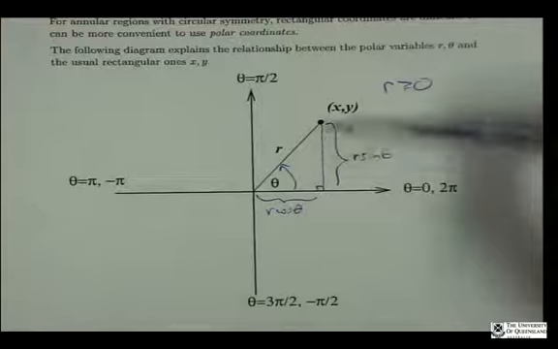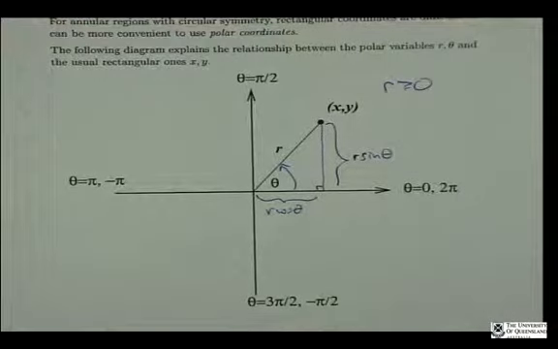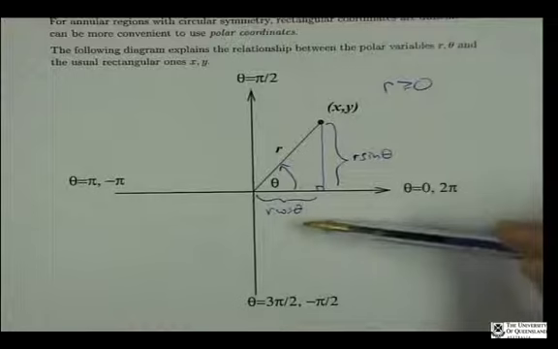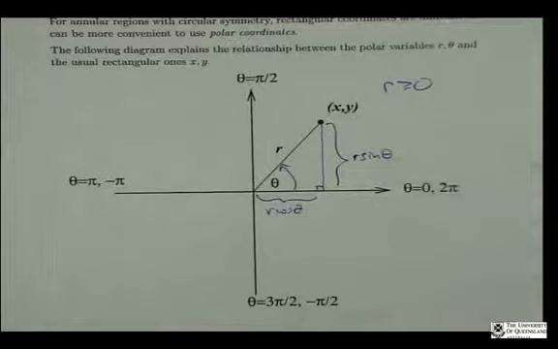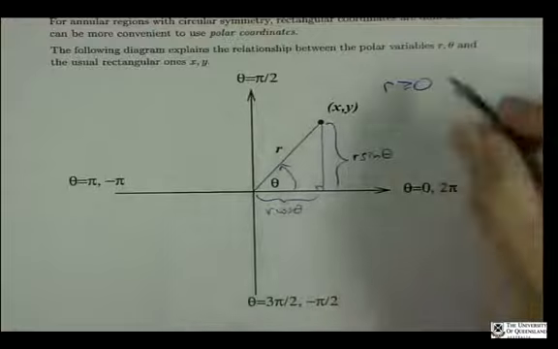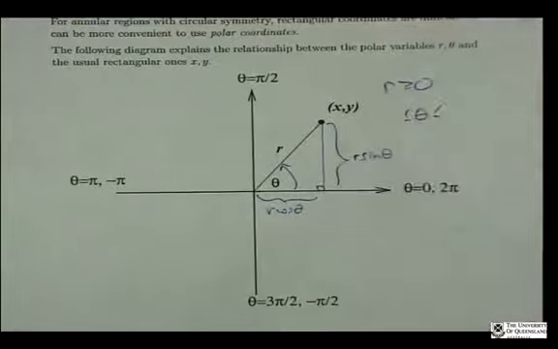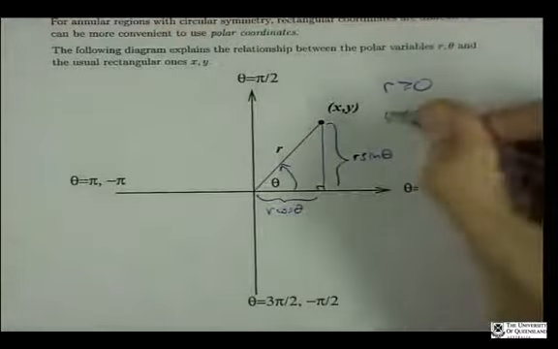Just using the fact that I've got a right-angled triangle there, using the definition. Okay, now one thing I can see, as I've said, we can define these functions cos and sine for any value of theta, but what's important in this case is extending it to all of the plane. All we need to consider are values of theta, or at least a range of values that go from 0